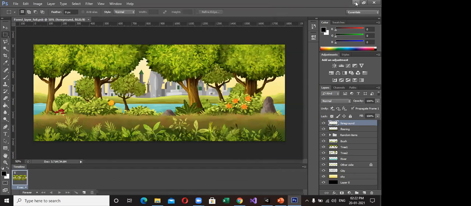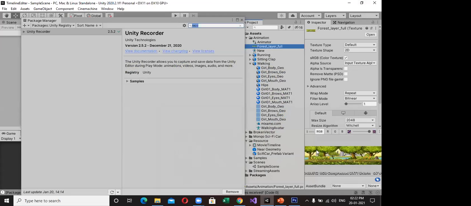So I save to PSB. With a normal file, there is no layer and there is no sprite. It will be treated as a JPEG, a single sprite. But when I import that PSB file, what happens?